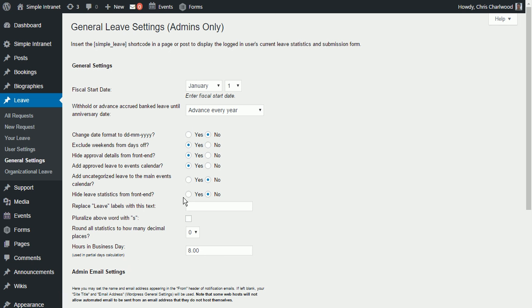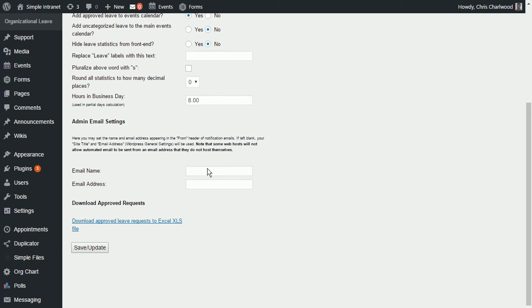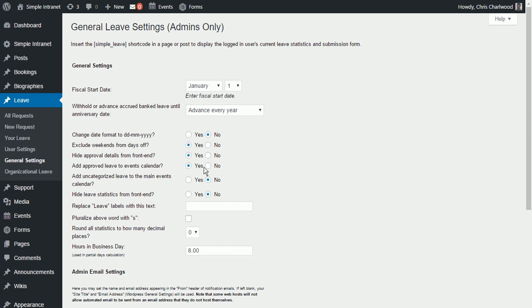Other things like hide the statistics from the front end form, as I mentioned, we're showing them, so that's no. Hours in a business day, rounding, and so on. You can download the requests that are approved. There's also the admin email settings here. And that's a quick overview